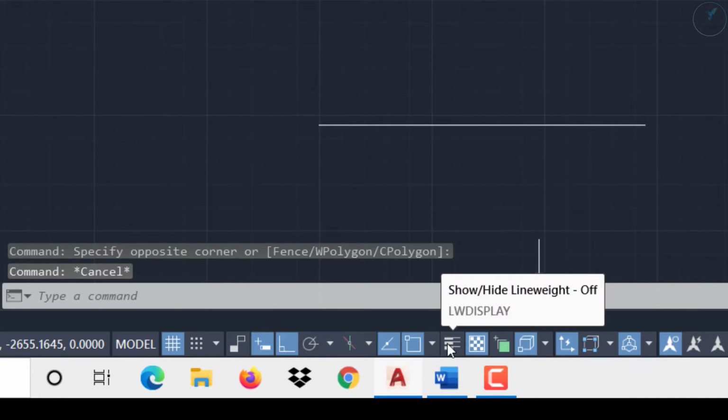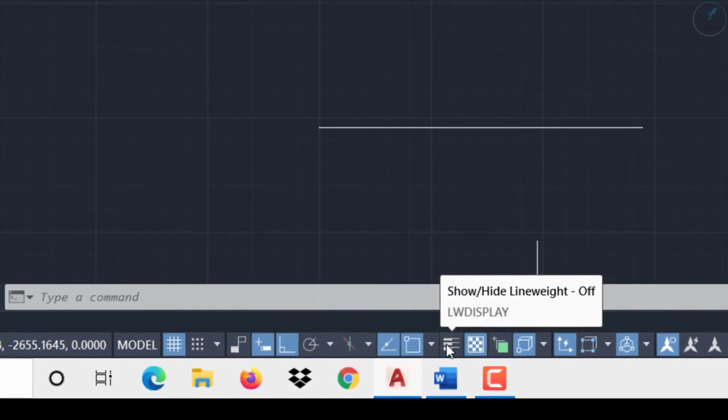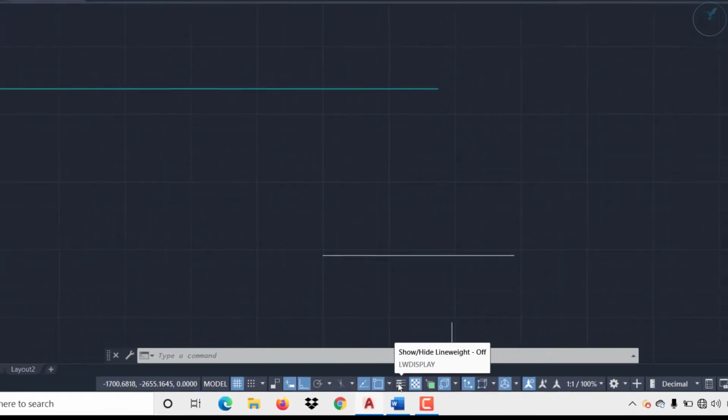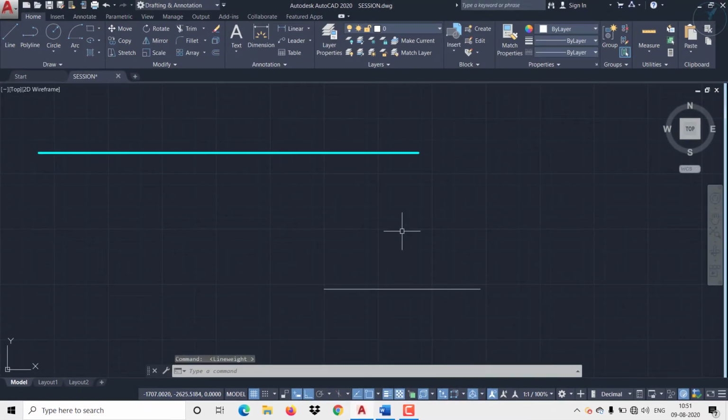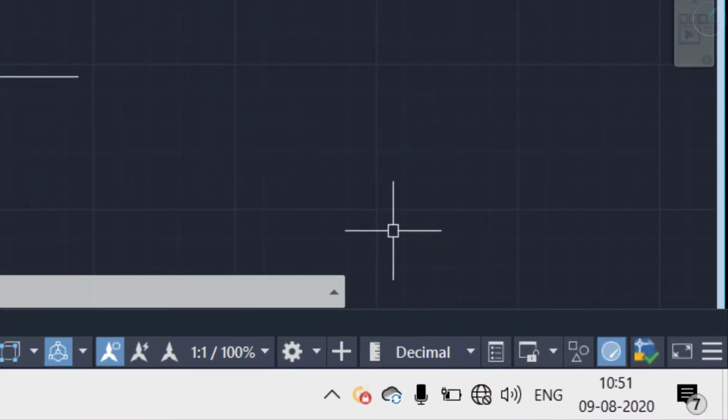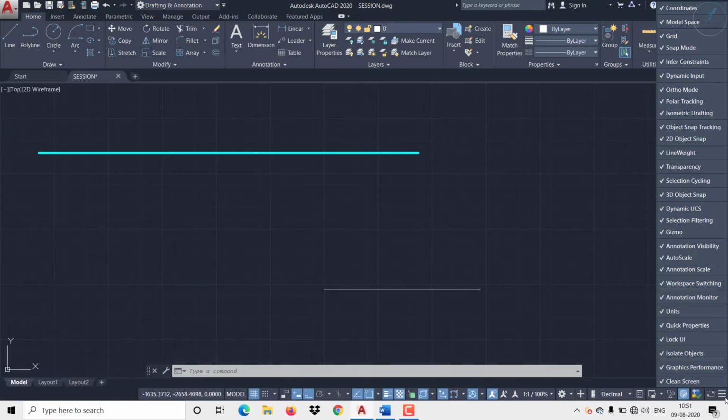It is showing or hiding line weight. Now it is off, so that's why we can't see any differences. Once I make it on, you can see the changes. If you don't want it, you can make it off also. Suppose it is not available there, you can go to customization, then you can customize on your own.